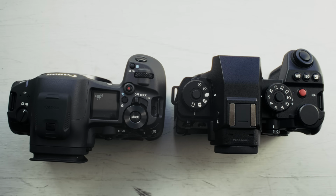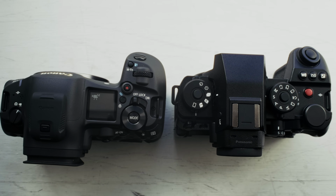Speaking of Canon, they are certainly not the only target here. Sony and Nikon have equally compelling models we could compare to, and in every situation, there is going to be a resounding case to go with one brand over the other. No brand, no model can claim complete dominance, especially now more than ever. I chose the R5 Mark II as the comparison point because, well, I've had a lot of success with Canon,